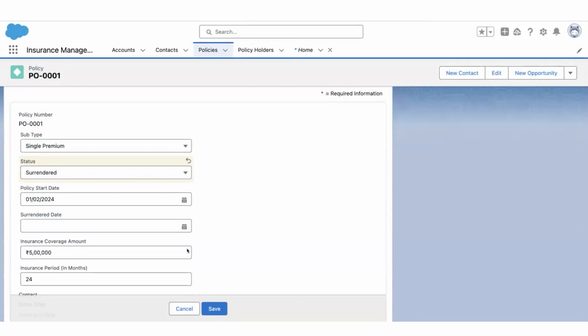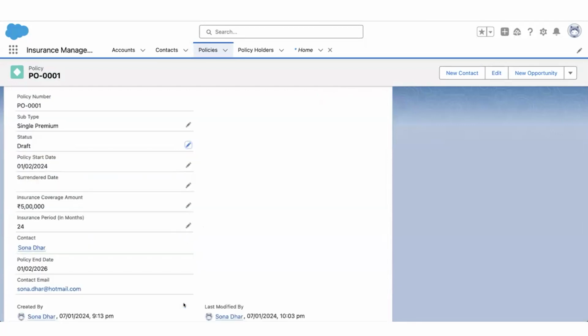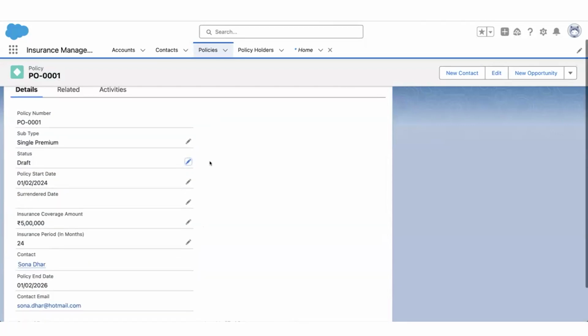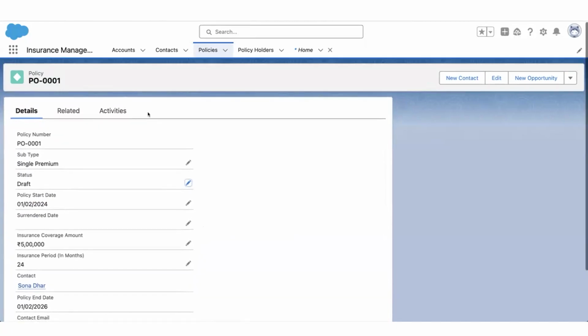How can I achieve this? I can achieve this by using a dynamic form. A dynamic form would allow me to dynamically present the information based on the criteria that I define. I can put dynamic conditions on the fields on the attribute level, and I can also control the section-wise visibility. For example,